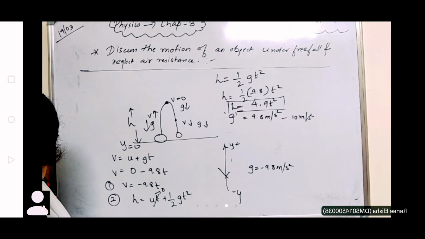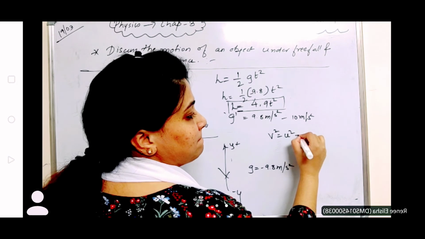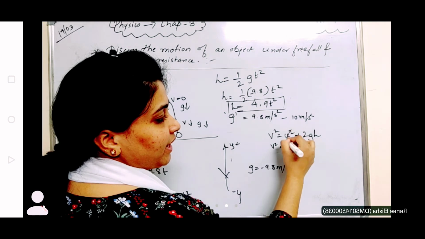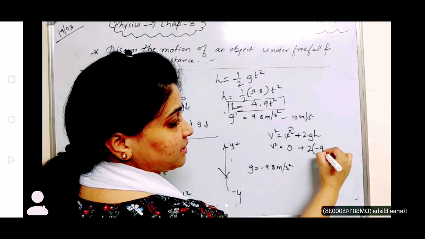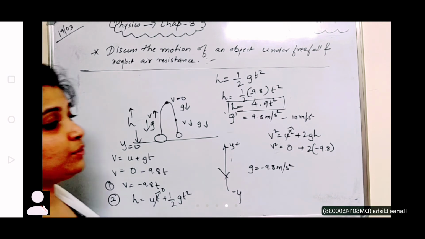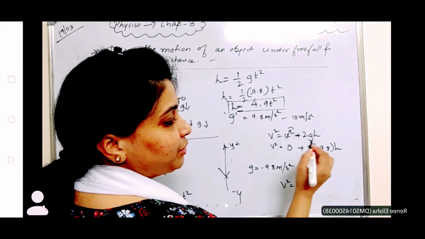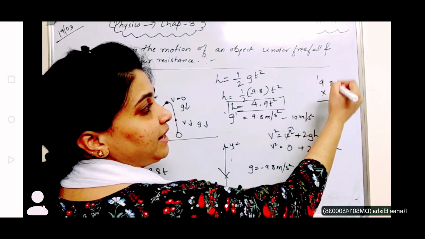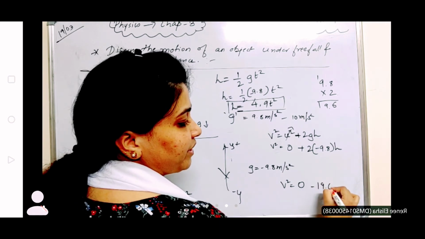Now what about the third law? That is v square is equal to u square plus 2gh, right? So v square is equal to, again it is released at rest, so u is 0 here, plus 2 into minus 9.8 into h. We can write the value of h or just keep it as it is. So this will be what? v square is equal to 0. Now 2 into 9.8 is what here? 9.8 multiplied by 2. 2 8s are 16, 2 9s are 18 plus 1, 19. 19.6. That is minus 19.6 h.